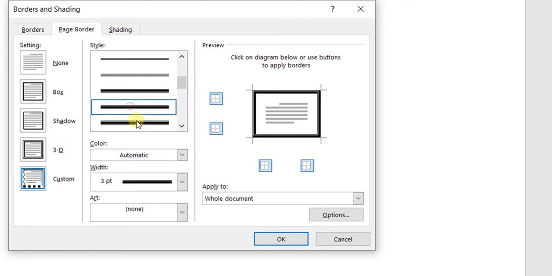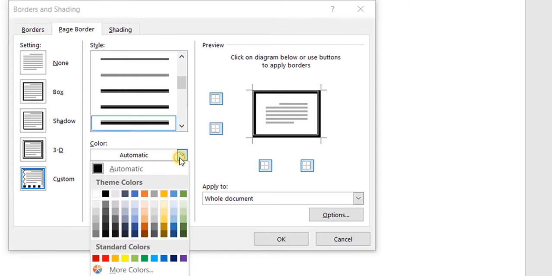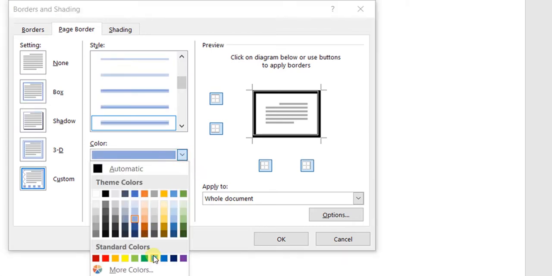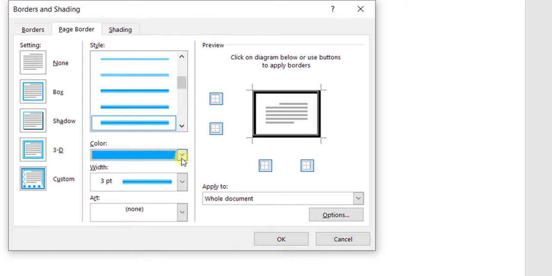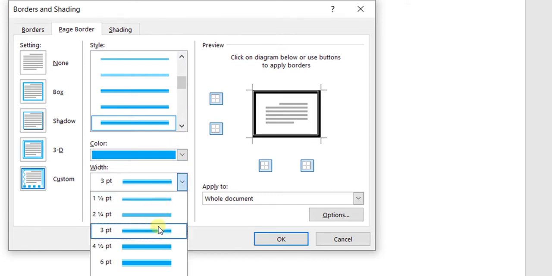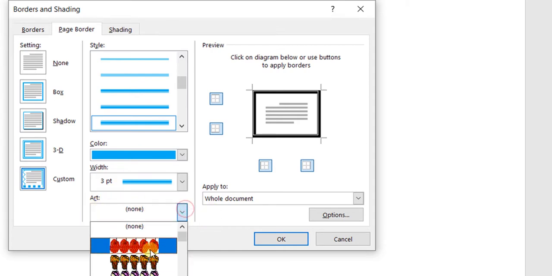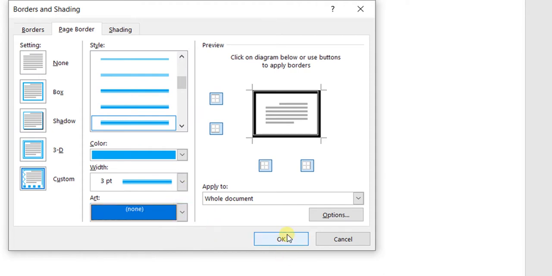I'll select this style of border. Next, you can select the color of your choosing. Since blue is my favorite color, let me just choose this one. You can also select the width that you are going for, right? So let me select 3 points. The art option basically means, if other than line options you want to select something else, we'll go over this next. But first, let me just show you how it's going to look if you add a simple line border